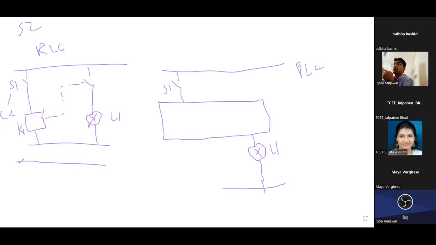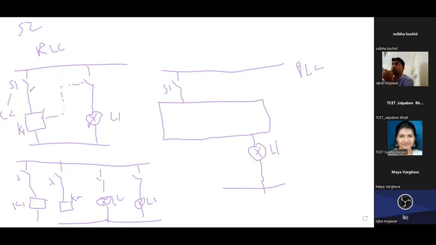Then again I need to design a new circuit, like S1 connected to K1, and here I will use S2 connected to K2, because two switches are there. Now one more picture comes in. Then again the internal switch K1 is connected to L1. I'm drawing with the help of a mouse, so my diagram is not that good. Just excuse me for that. Just try to understand the logic I'm explaining.